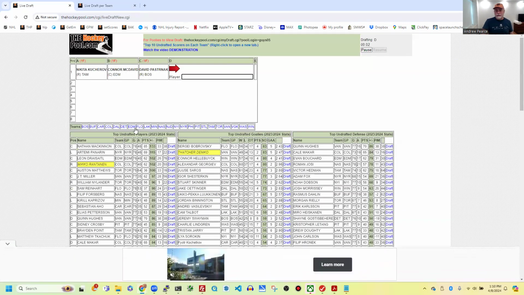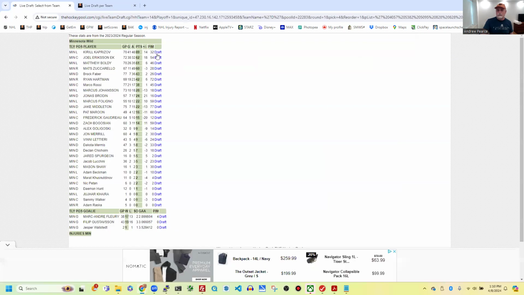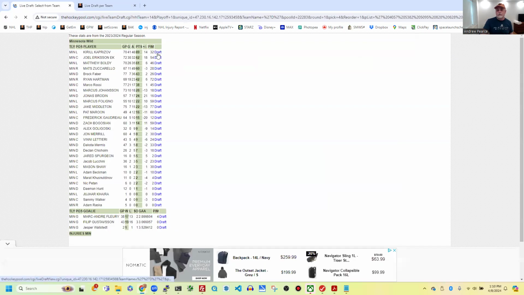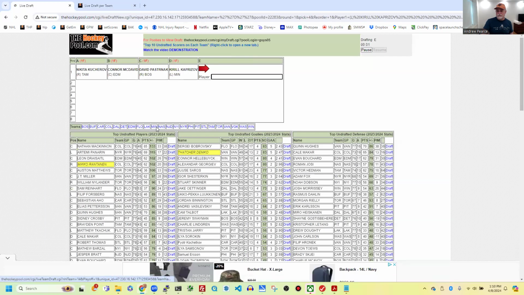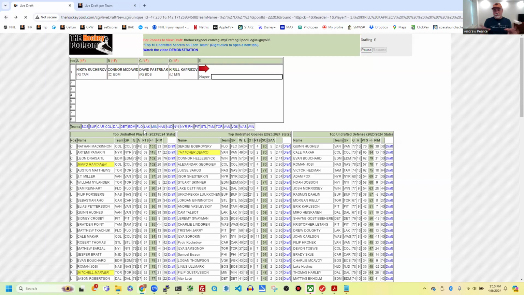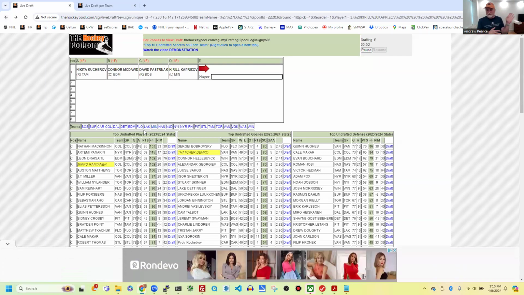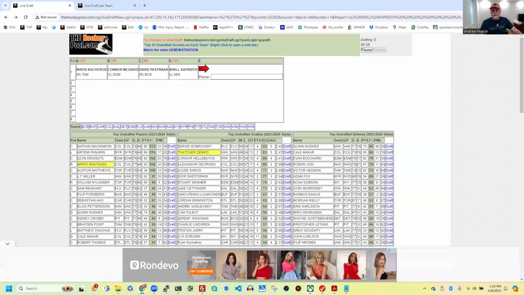If they're asking for a player from a team that doesn't show a player up in the top list and you're looking down for them, you can't find them, you can actually click on the team name there and it will show you the undrafted players for each team, and you can draft Kreel. If someone else comes in here and wants to play from Minnesota, you can see the Kreel is taken off that list. So this is a very interactive tool that gets players out of the way once they're drafted, so you avoid redrafting. It also keeps track at the top here of the number of player positions that you have